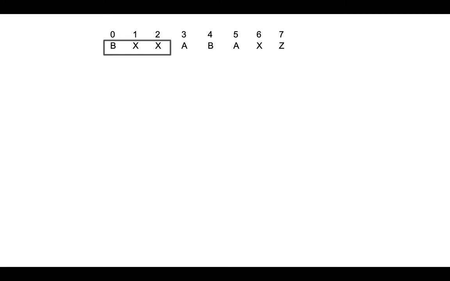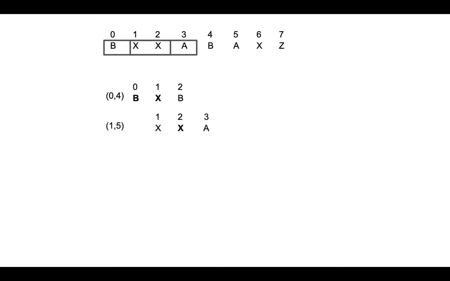So let's understand by this example. Here the window size is 3 and we have to check whether the string for this window is a palindromic string or not. So again we have to check the boundary characters. This B and this B are equal. That means the string formed by this window is a palindrome.